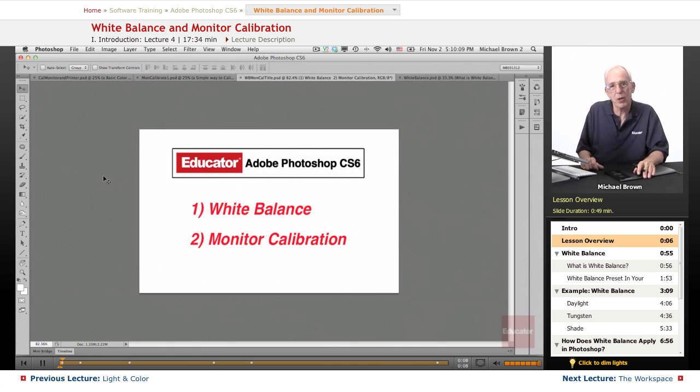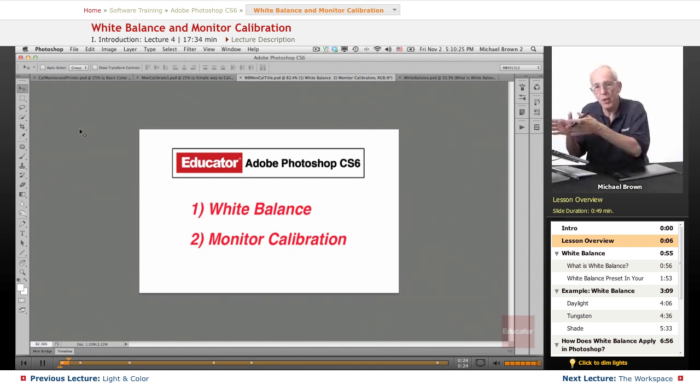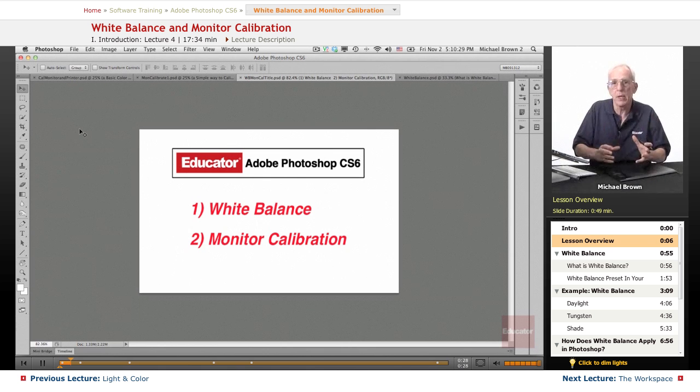We've been talking about quality and we've talked about light and color. All these factors still work with my mantra, garbage in, garbage out, starting with the highest quality and carrying it through. It's essential to have your camera set up and your computer and Photoshop set up properly, so that you understand what's going on, so that you can utilize these tools in the maximum way to get the